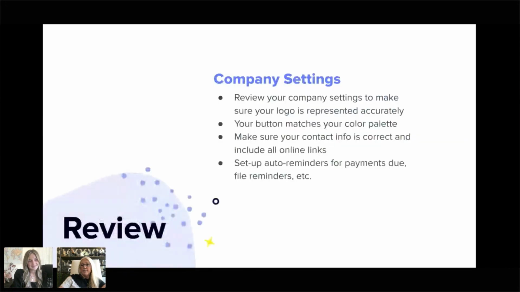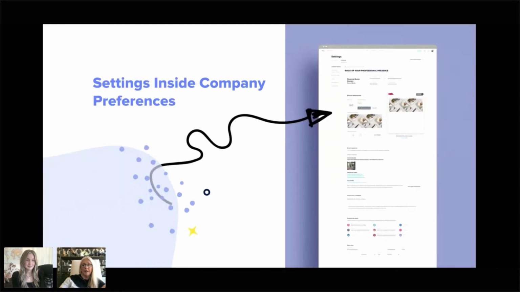Let's start with some basics before we get too far along in the branding. Get into your company settings and make sure that everything is uniquely yours. Set up your file from start to finish. Make sure every detail is refined, because when it comes to your brand, every detail in your HoneyBook file is going to matter. So go ahead and get in there and take a good look through all of your account